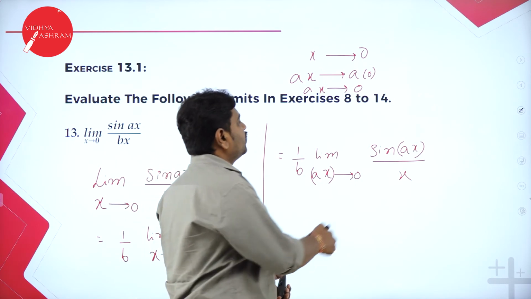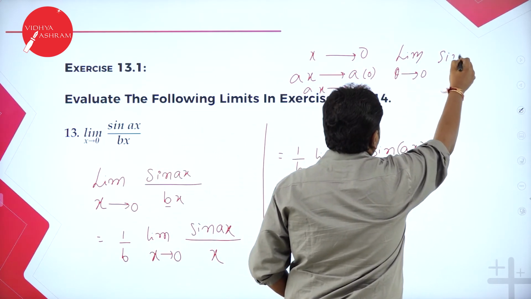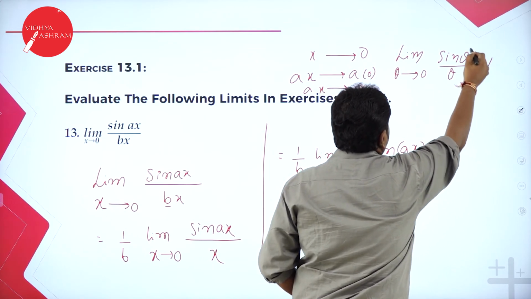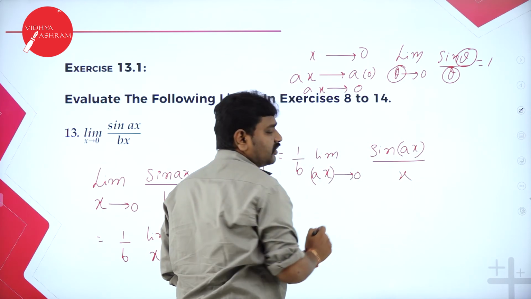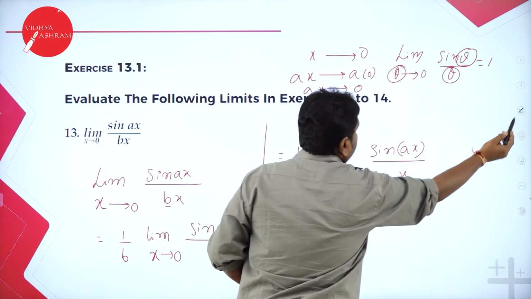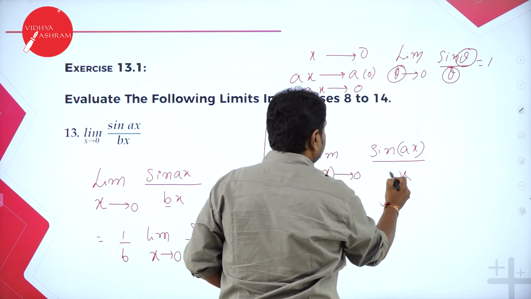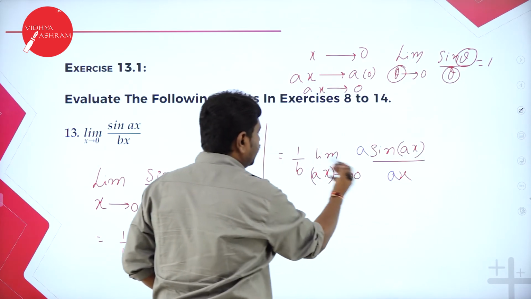So we have a theorem. What is the theorem? Sandwich theorem. Limit theta tends to 0 sin theta by theta is 1. Meaning this part and this part should be the same. Here I have ax, but here I have x. So make this ax. How to make this ax? Divide and multiply by a. The critical step is to introduce a into a by a. Now a, I'll take it out.